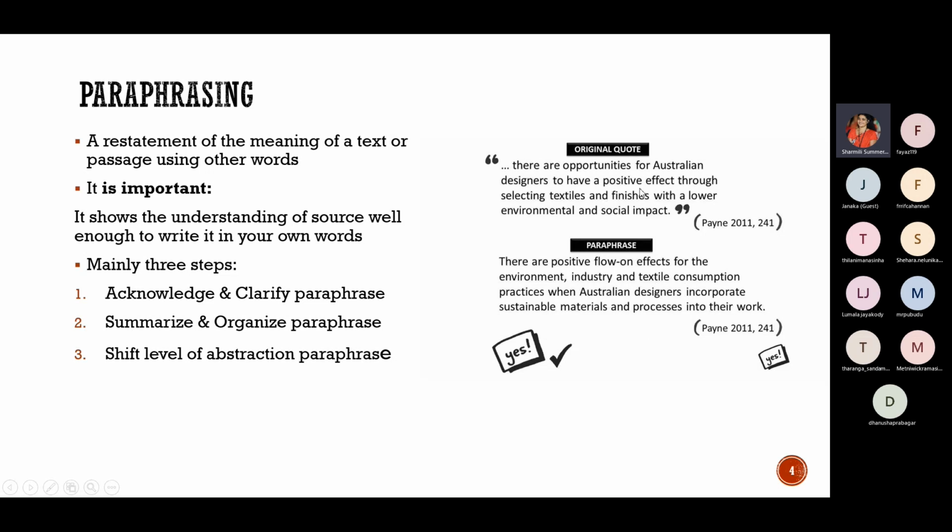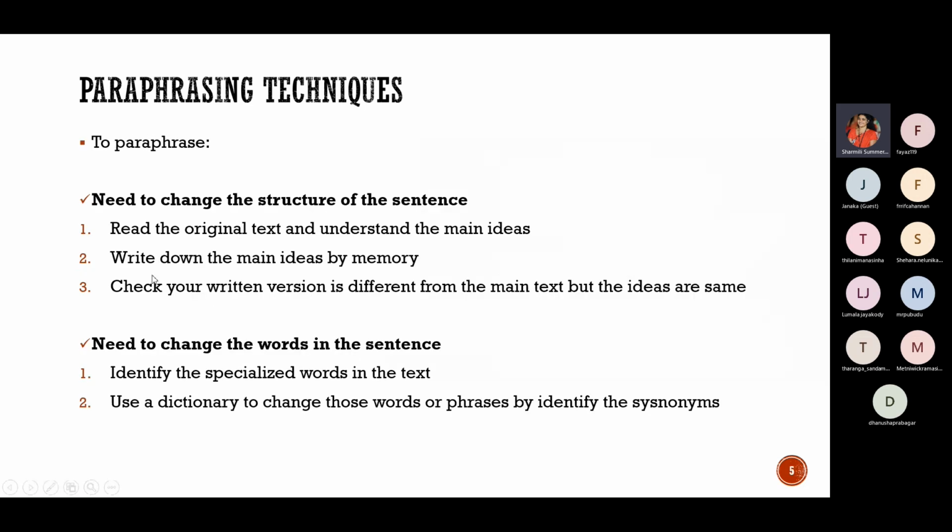So those words. Paraphrasing is one of the important parts in academic writing. So if you are going to include it, these are the two paraphrasing techniques. One, you can change the structure of the sentence. As I already told you, if they said positive, good, then flow of positive. Likewise, you can change the structure of the sentence, or you can change the words in the sentence. In my personal opinion, changing the words in the sentence is the best and